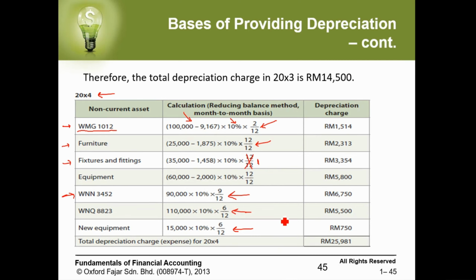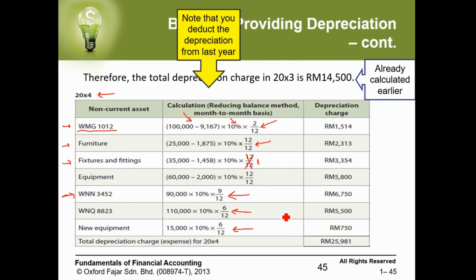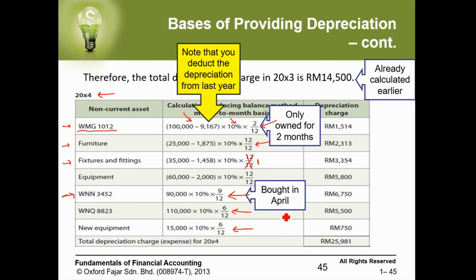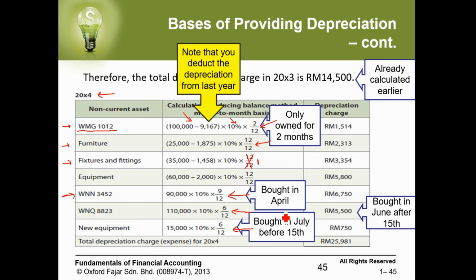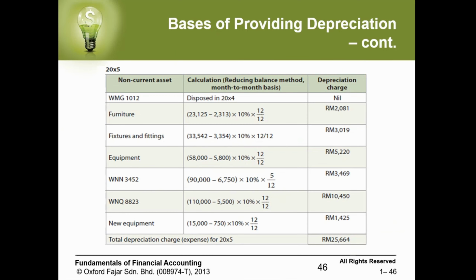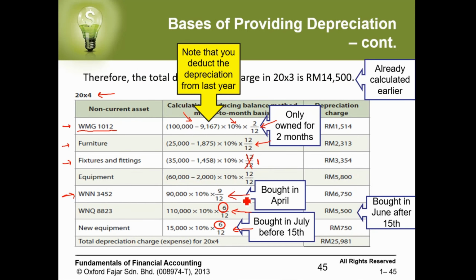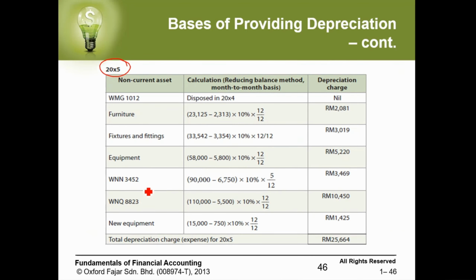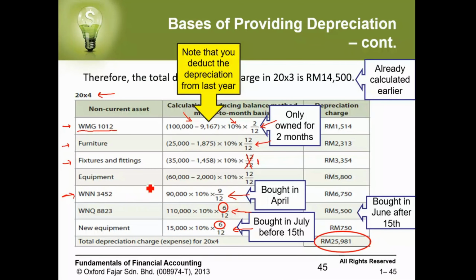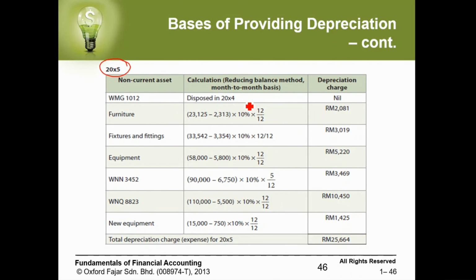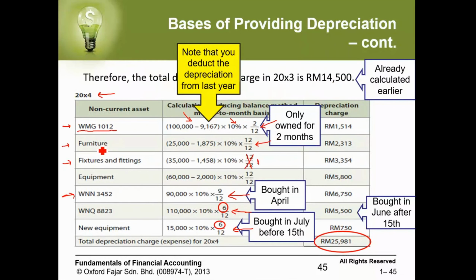When we want to go to year 2015, here they are showing you what we calculate. We go to year 2015. Again, if you see the previous table, we do something similar. We add the one which we bought in this year, or we sell. So WMG, we already sold it in year 2014. It means in year 2015 we don't have it. It's already disposed in 2014. The furniture,